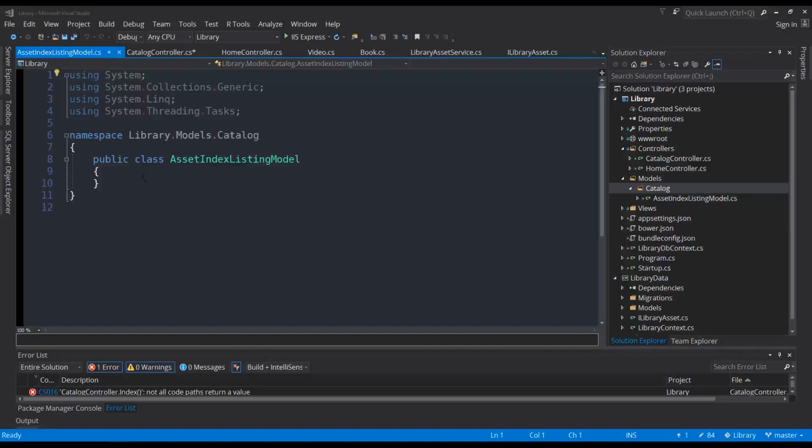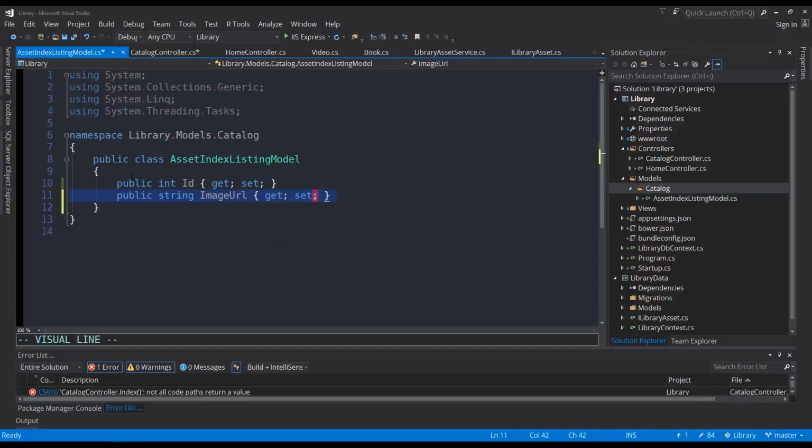And so like our domain models, this is also going to be a POCO class. But unlike our domain models, we don't necessarily care whether or not this actually maps to how any particular data is represented on our backend, but rather how the data is going to be represented on the front end. So I know at least I'm going to need an ID, so I'll need to work with the ID of a particular asset in order to create, say, like a detail page, or to get any other particular information about that particular asset. We'll have the image URL, which again we can get from our domain model,